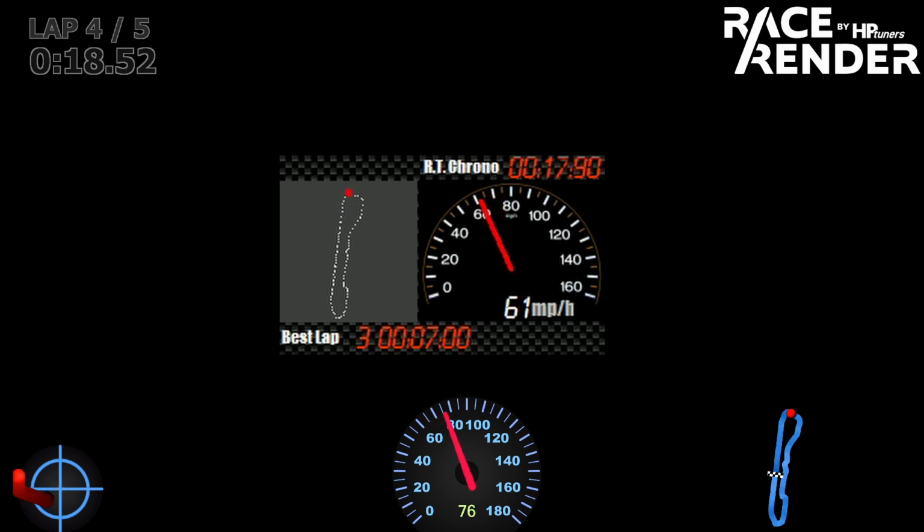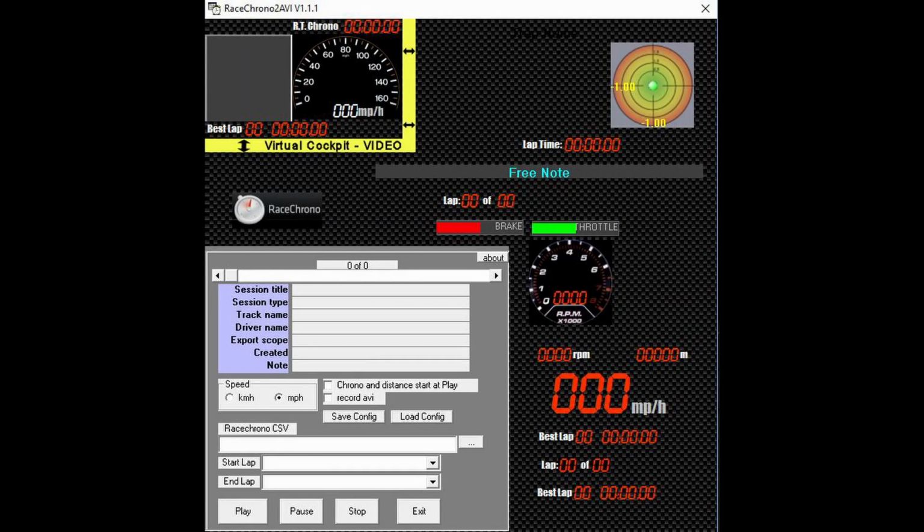Speaking briefly about the overlay rendering software itself, RaceChrono to AVI is nearly a decade old, if not older at this point. It can be clunky to use, but it has no limitations on output length. If you want to upload an entire 20-minute session, go for it. Its gauge map displays are what you get, and it only outputs, as the name implies, in a .avi format, which may or may not be compatible with some